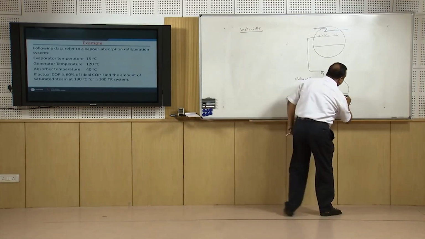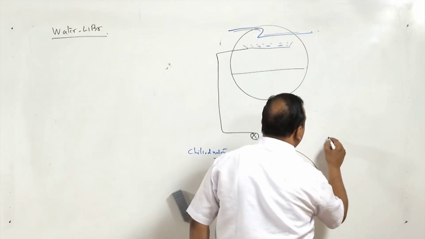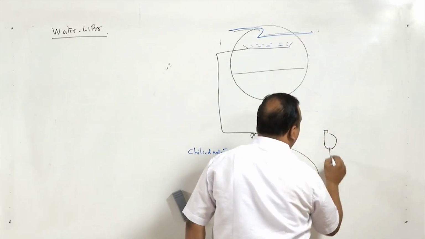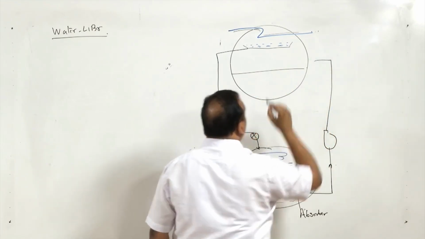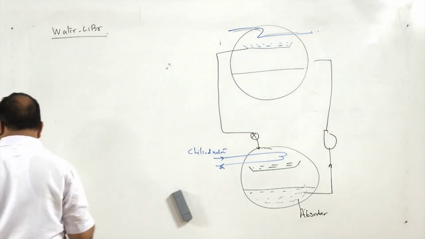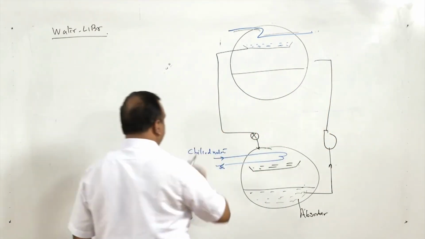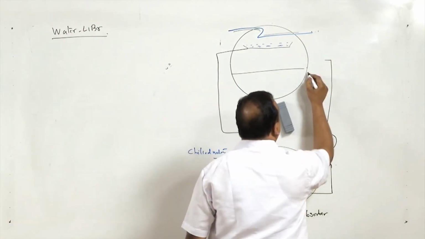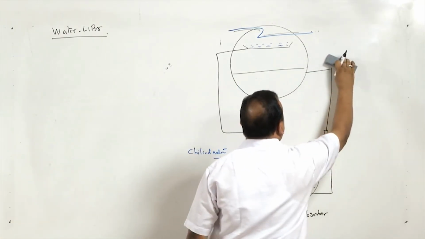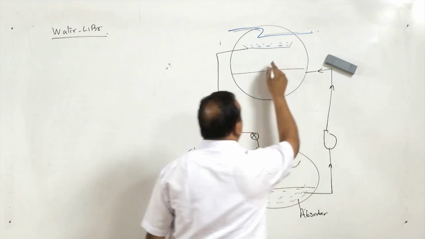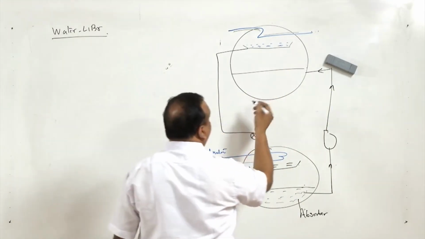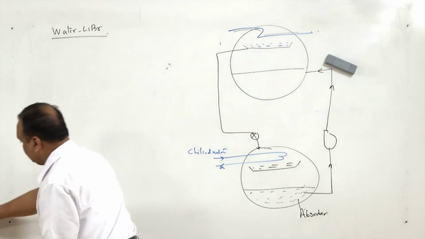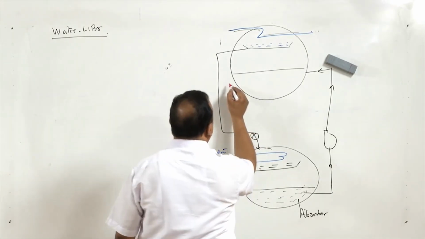From the absorber, there is a pump, and this rich solution is pumped to the high pressure side, where heating takes place. Heating here can be done with some external means. Now, heating takes place here,